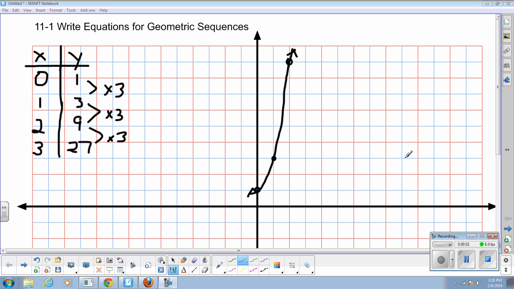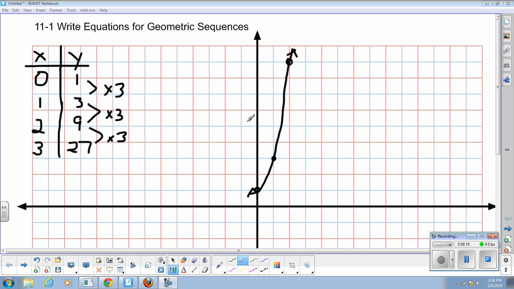Writing the equations for geometric sequences. Now we're going to write a formula like you did with arithmetic sequences, but it uses a different format. So writing the equation for a geometric sequence, I'm going to show you how this works now. So the first thing you want to do when you're going to write an equation for a geometric sequence is,